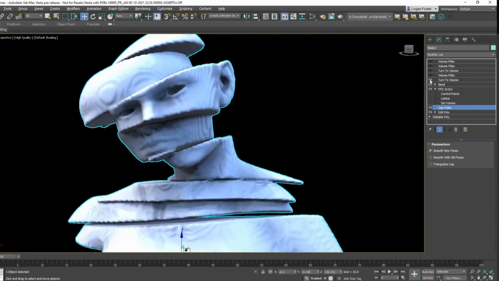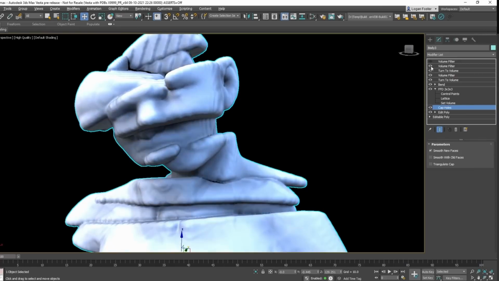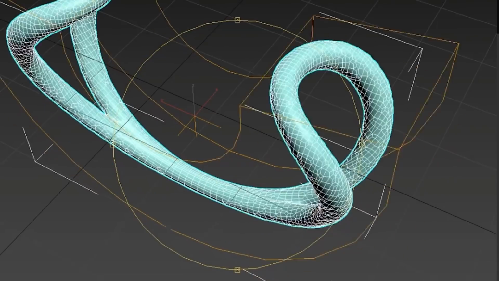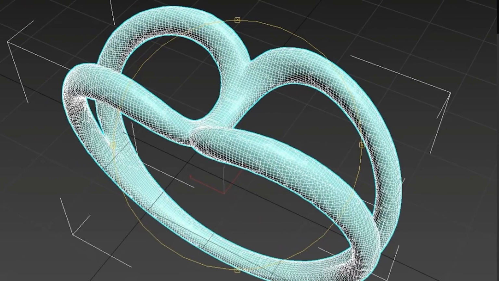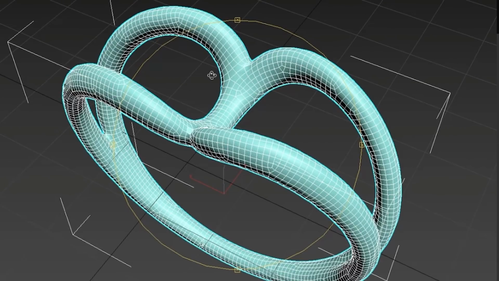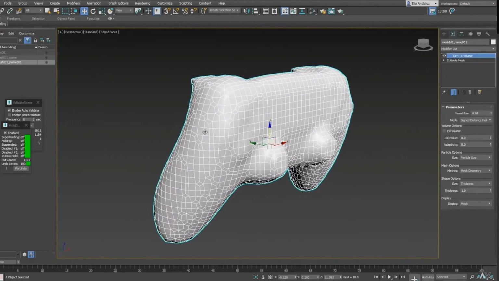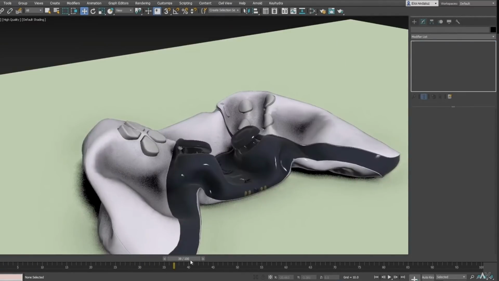And in the future we have volume modeling, a total VDB toolkit to do all types of VDB operations as modifiers. And as you can see in the video, this will open a lot of new possibilities in modeling. Basically, it's converting whatever you have selected when you apply the modifier into a VDB and being able to do all types of operations and converting later into a mesh again, or to fog or volume. For sure, it's something that I was waiting for a long time in 3ds Max and now it's coming.